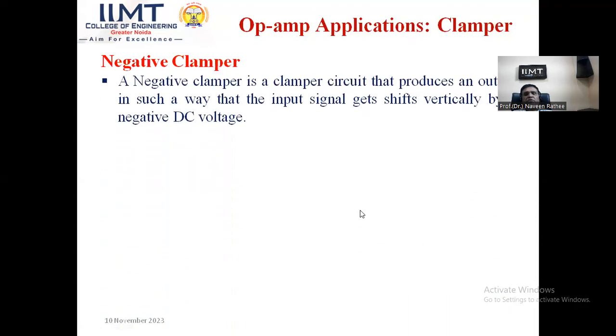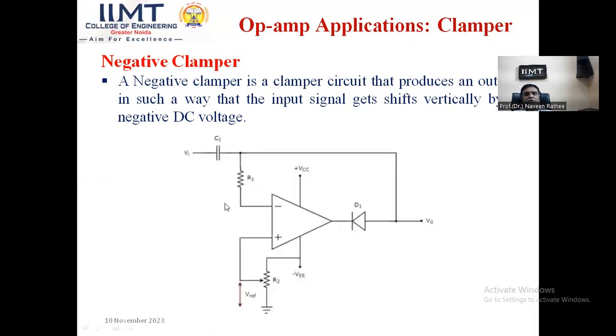So this is negative clamper. So input signal now will get shifted vertically towards the downward side. So it will be shifting towards this downward side. So in general, we can say that